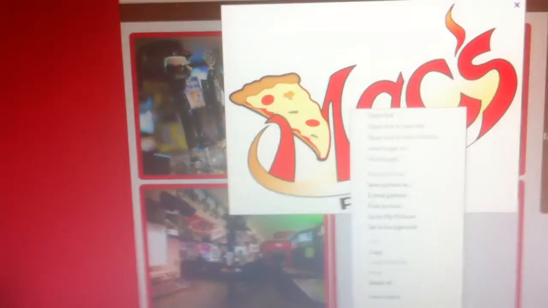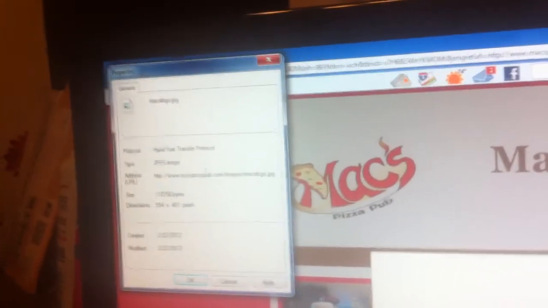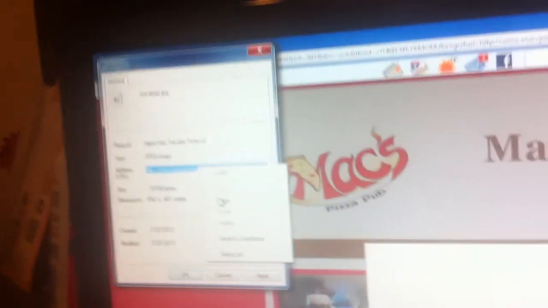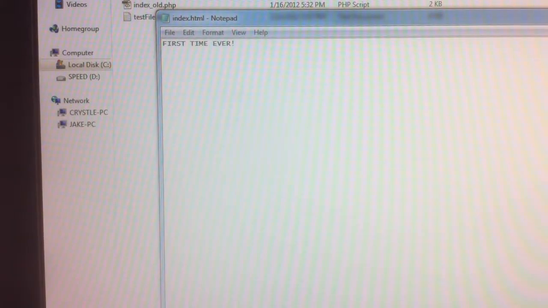Alright, properties of that picture. Holy crap, right again. Alright, here's the address of that image. I can copy that. Alright, I copied the image. Now I'm going to type in